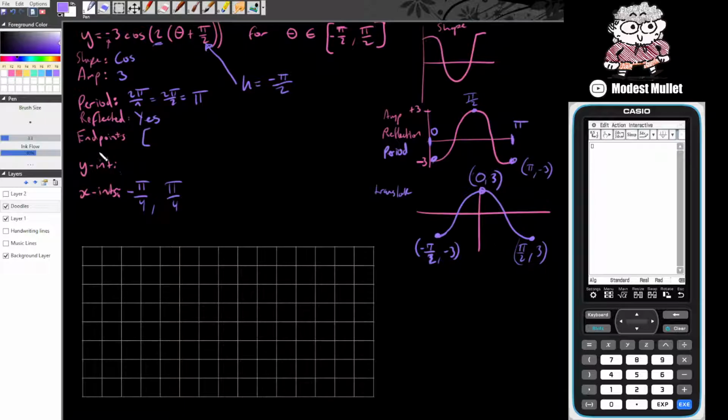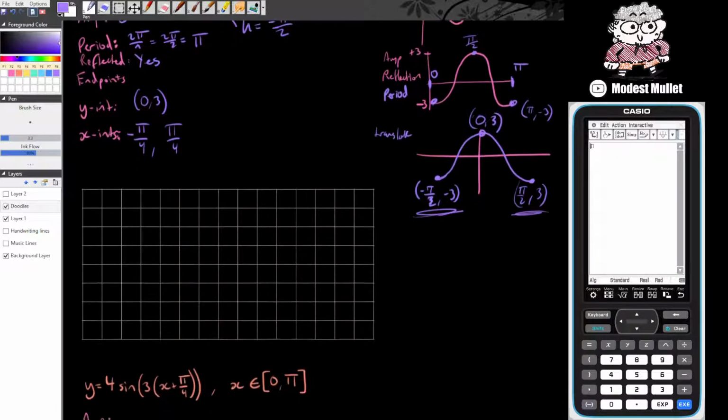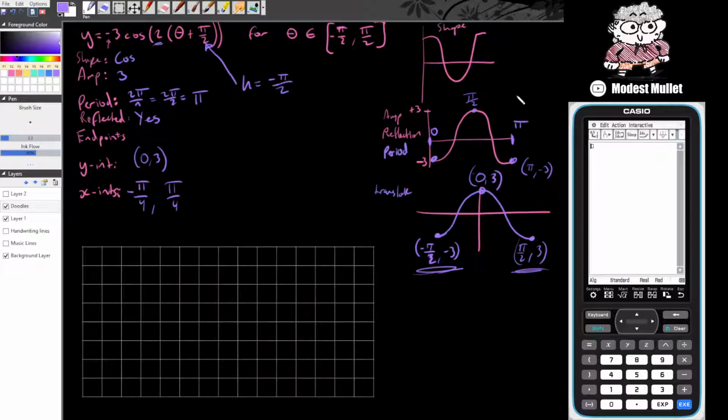So our endpoints, just for sake of time, I'm not going to actually write them in because we've already got them over here at the right, and our y-intercept, that's nice and quick. That's 0 and 3. Now, I talked about briefly in class, but I'll go over it again a bit clearer now, is how do we set up our grid? So we know it's going to roughly look like this picture here, so that's going to make life pretty easy. So I'm going to just put that there,